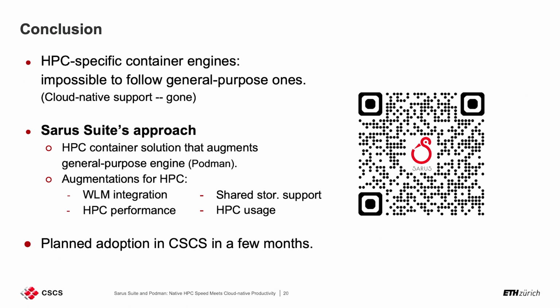So they needed to develop their own container engine. But by developing their own container solution, all the benefits from cloud-native computing are basically gone because it's developed from the ground up. So instead, the approach of Sarus suite is just using the mainstream container engine,